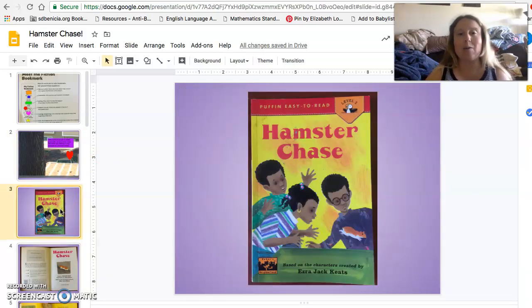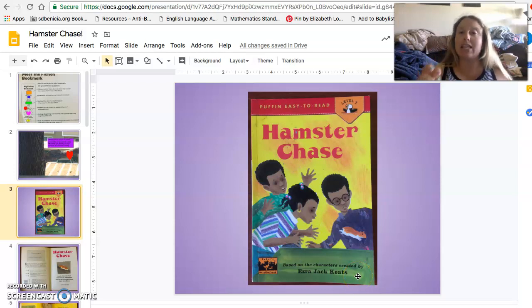All right, and then lastly, as part of my video, this is the beginning of the story Hamster Chase. I have all of the pages there for you. Take your time to go through them, discuss them. You'll notice that the author of this book